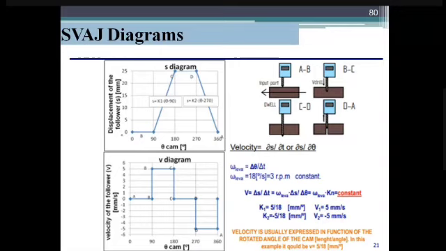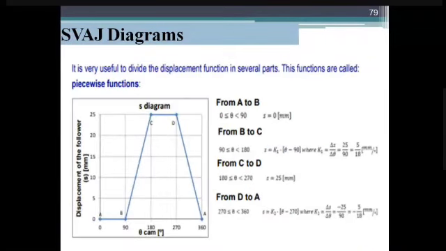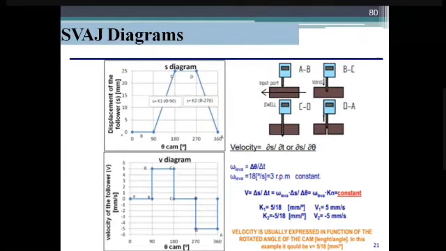Okay, come to the velocity diagram. What will happen to the velocity when the displacement occurs? To start the velocity diagram, we put 5 or 6 divisions up the y-axis, 0 to 1, 2, 3, 4, 5, 6. Look at the y-axis, it is in mm per second, because it is the velocity of the follower. Why are we giving up to 5 or 6, and also on the negative side? Because the K1 and K2 values are 5 and minus 5, isn't it? So we need to make a flat graph.